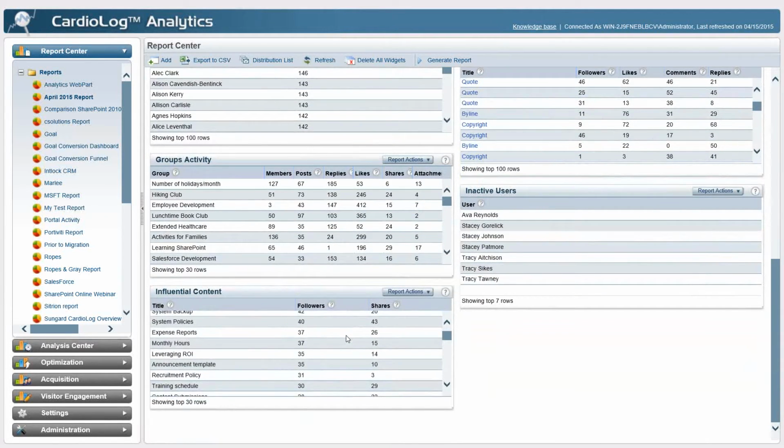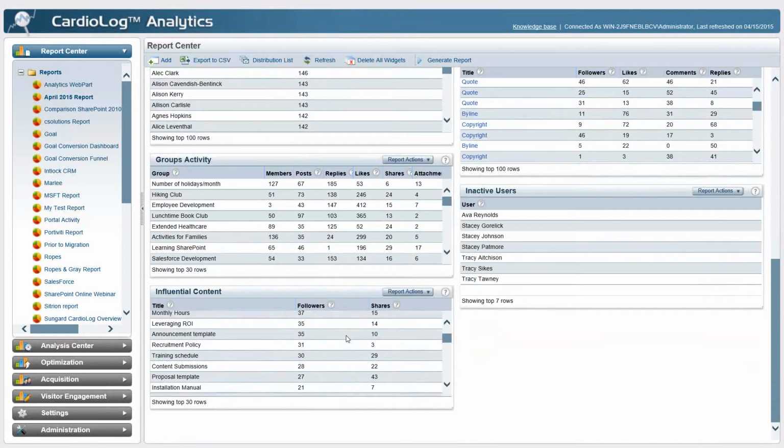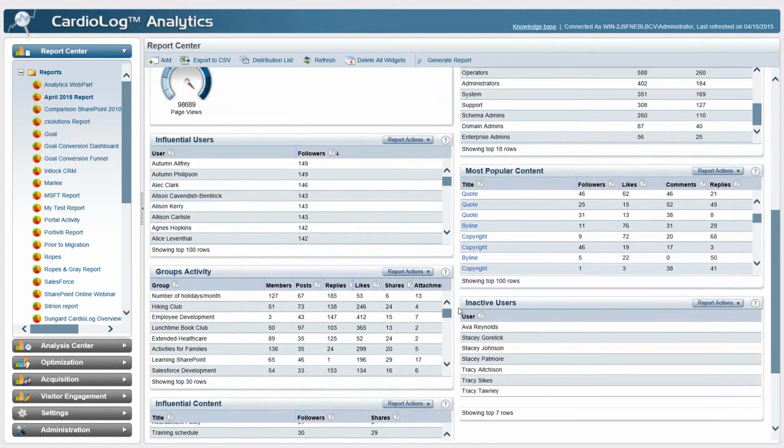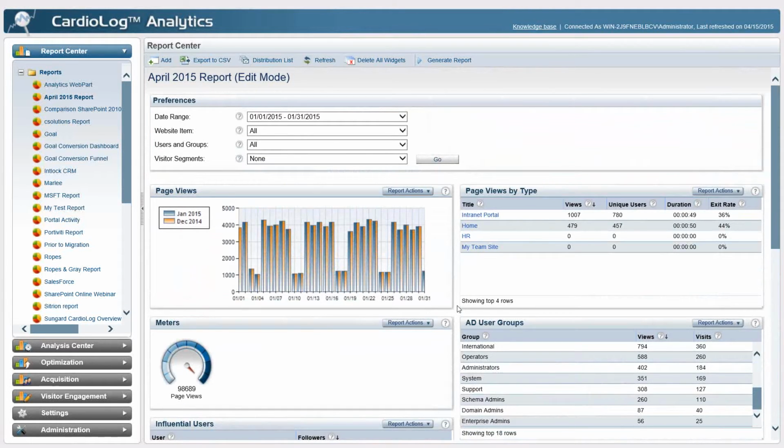All right, so as opposed to who are the most influential users that we saw earlier, we can see here the content that people really need, that they're following, that they're sharing with their colleagues, and so forth. So that's a very brief introduction into Cardilog and how we can easily drag and drop the widgets we want onto the dashboard. And they can be across all different environments, whether it's a hybrid SharePoint on-prem and SharePoint online deployment together with Yammer. As we talked about earlier, the idea is to have a single analytics tool to track all of these environments.